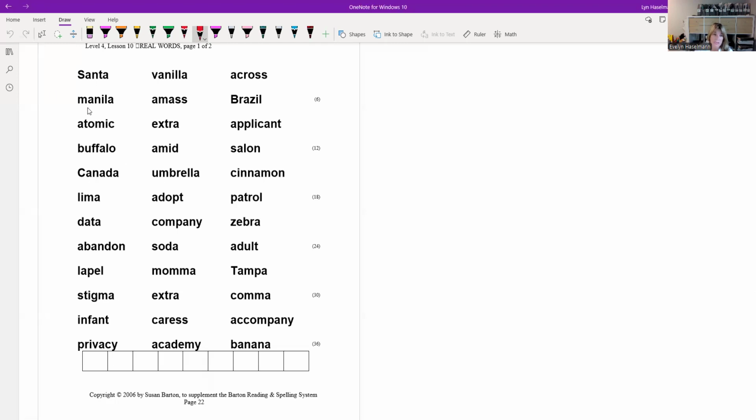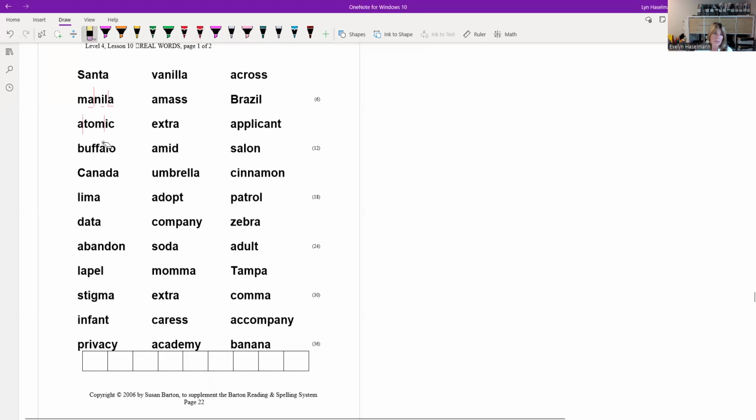Okay, so some of these they're going to know, but I bet they might not know the word Manila. We have 2 schwas in this word, so that's a classic banana rule right there. Atomic. So you can see these are a little bit challenging to decode